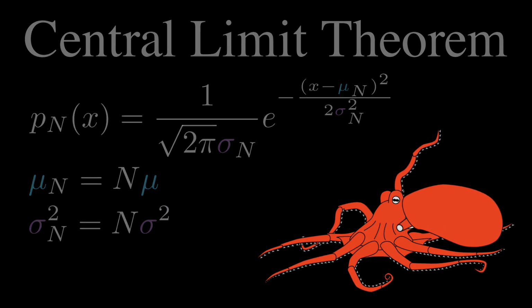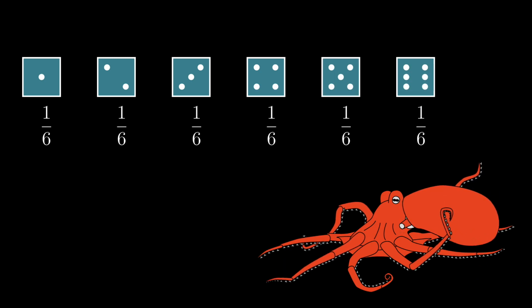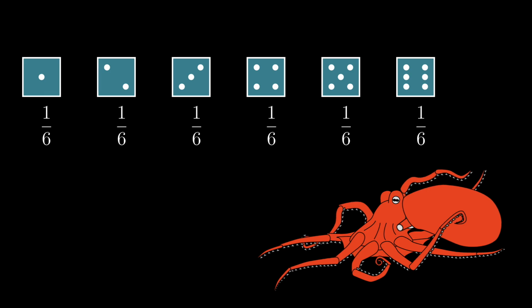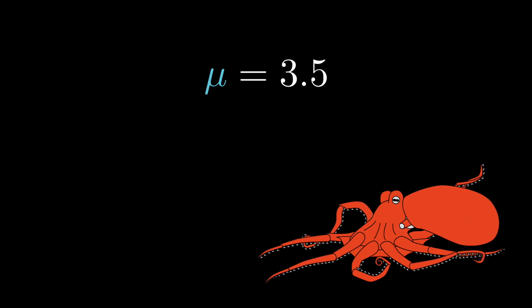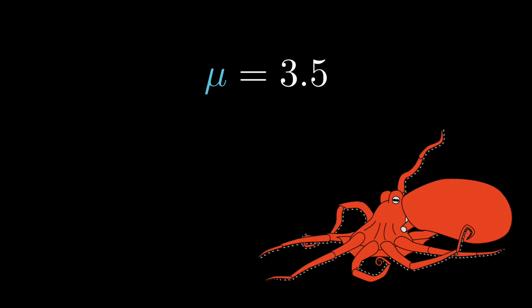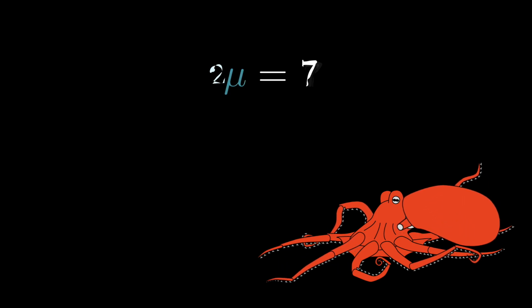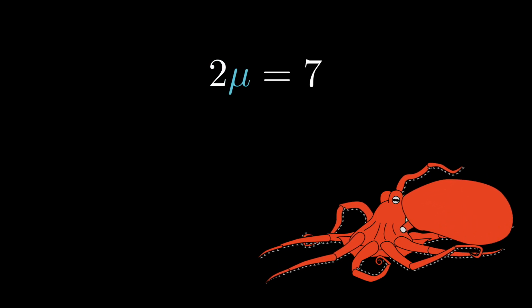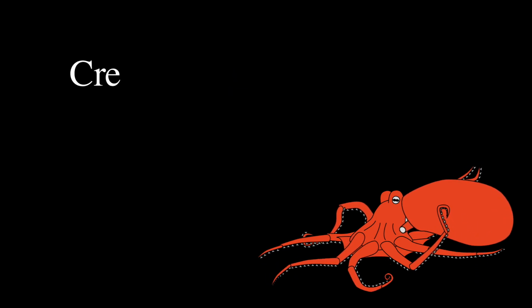We can quickly calculate the mean of a single die by multiplying all of the outcomes by their probability of happening and then adding them all together. So the mean of 2 dice is 3.5 times 2, which equals 7. Therefore, 7 is the most likely total of 2 dice. Now, that argument is a bit shaky, but it's mostly okay,